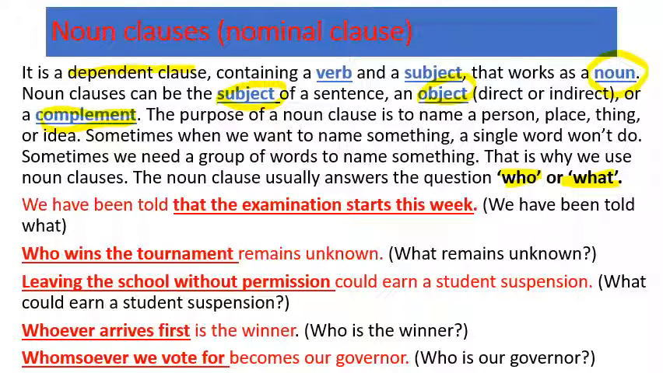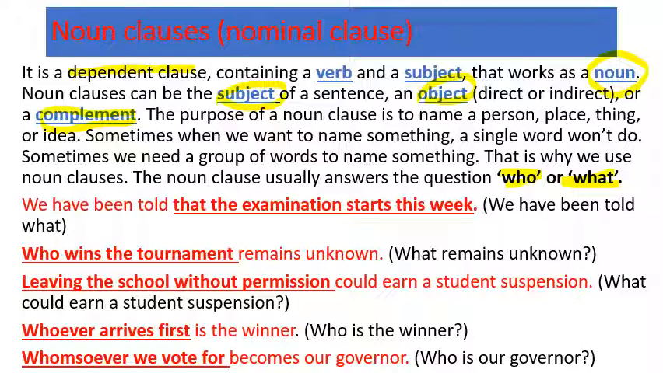The next sentence: who wins the tournament remains unknown. Okay, what remains unknown? The one who wins the tournament. Next: leaving the school without permission could earn a student a suspension. If we cover this part,